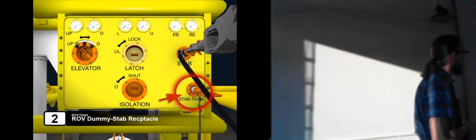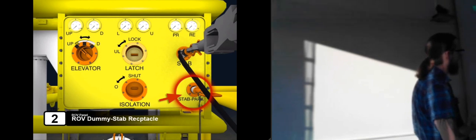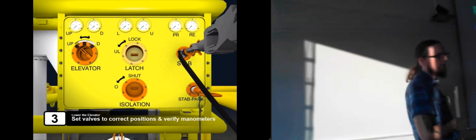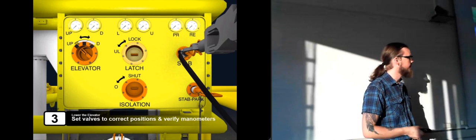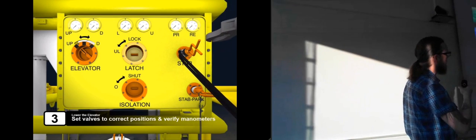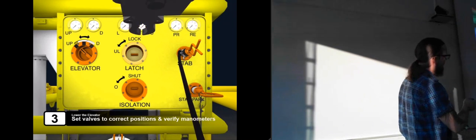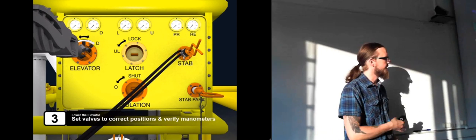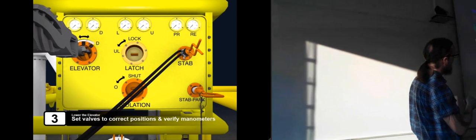Yeah, and I mentioned that was the ROV hot stab receptacle. And this is just a parking spot to put this dummy receptacle. It is usually placed inside the hot stab before the ROV reaches it, so it just exchanges it with its own. So these hoses are going to the hydraulic power supply inside the ROV. So it's actually the ROV that is doing all of this,